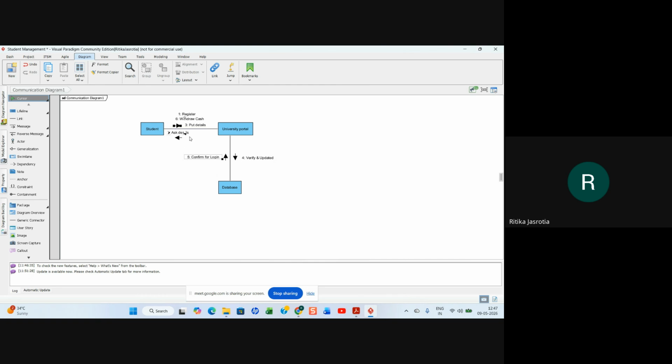And here you can add, the portal will give now, here we should say updated information updated. Yeah, login created, we can say.